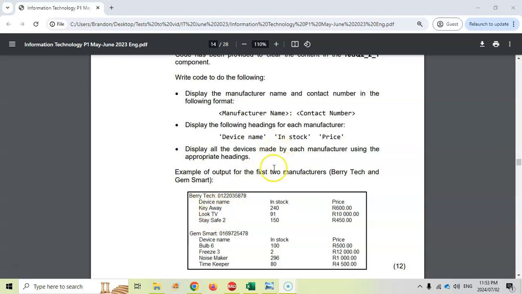So we are actually using both the devices and the manufacturer table because we need the details of the manufacturer from there, and we need the device details from here. This is basically going to be a nested loop. We're going to go through the manufacturer's table, and for each manufacturer, we're going to then go through the devices